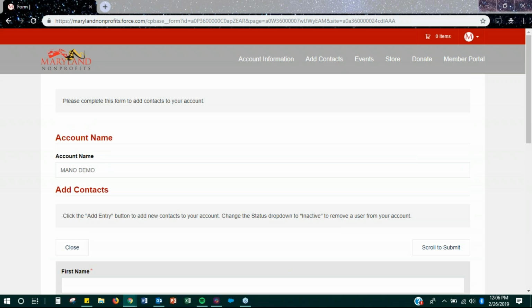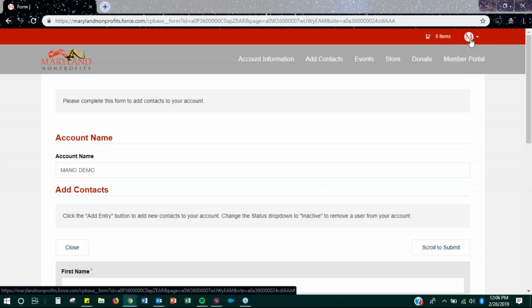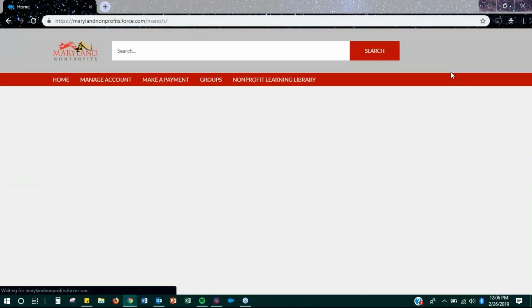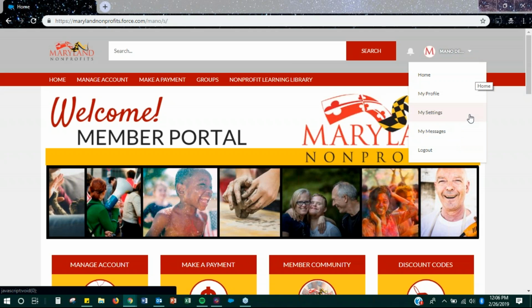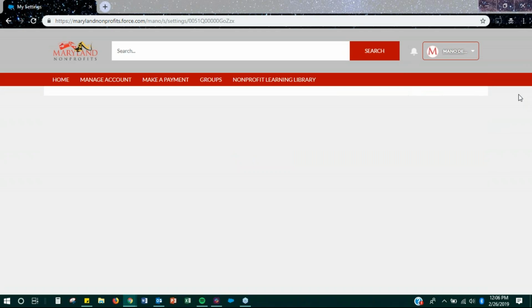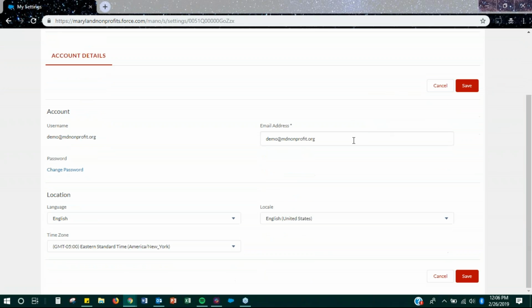Next, I want to take a look at one other very important action having to do with managing our account, in case I want to change the email that I log into the member portal with, or change my password. I can do that by clicking from the member portal homepage. I can click this drop-down menu here, click my settings,